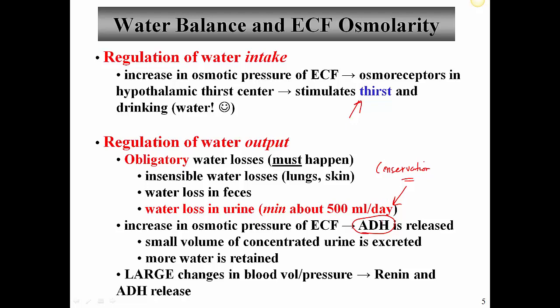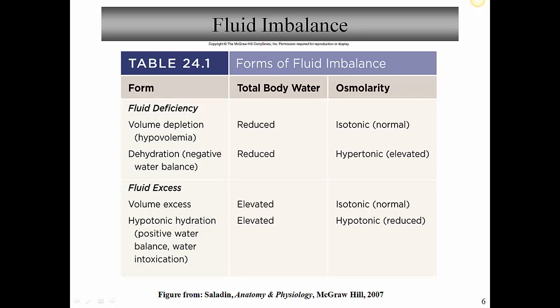So antidiuretic hormone acts, remember, at the collecting tubules or collecting duct to bring back some water into the body. So we retain water when ADH is secreted. And just to mention this, when we have any large changes in blood volume or blood pressure, remember, not only is ADH released, we would also have renin released to basically reabsorb salt and water as well and to restore normal blood pressure. Okay? All right, so let's talk a little bit about fluid imbalances